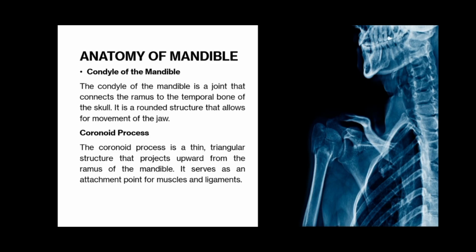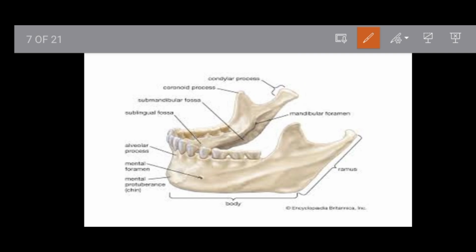Now, condyle of the mandible. The joint connecting the ramus to temporal bone of the skull. It is rounded structure and allows the movement of the jaw. Coronoid process. A thin triangular structure that projects upwards from ramus. It is attachment point for muscles and ligaments. Here is the condylar process and the coronoid